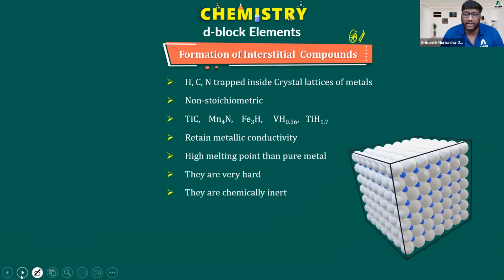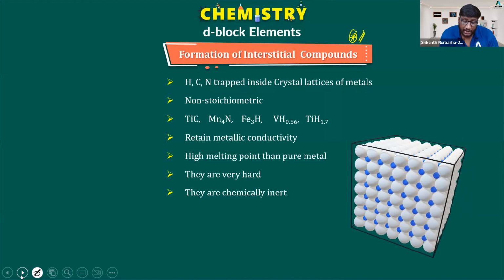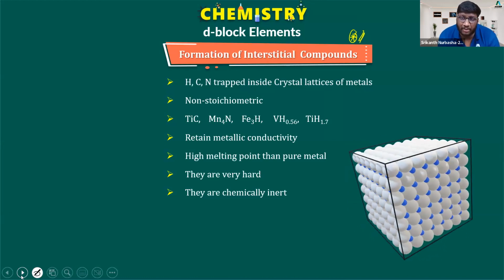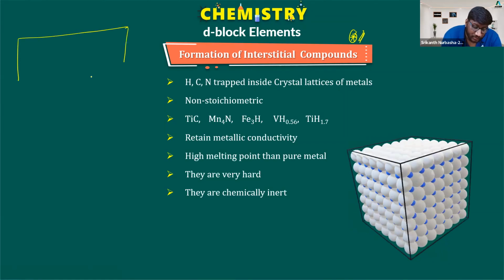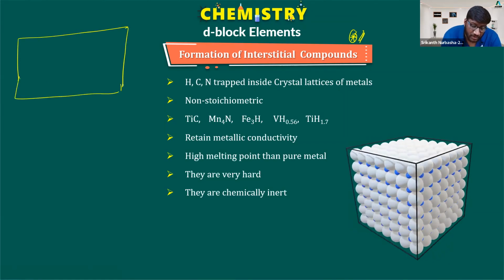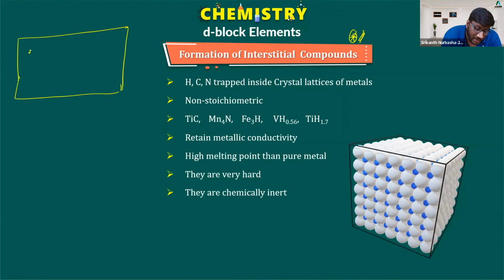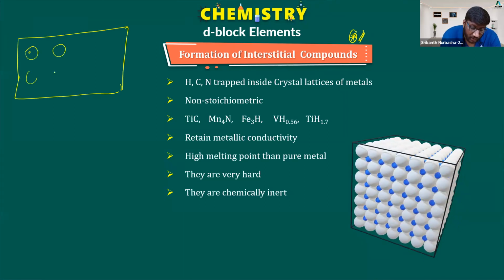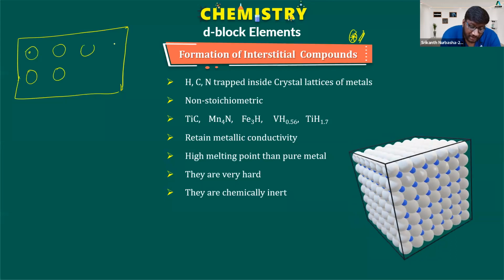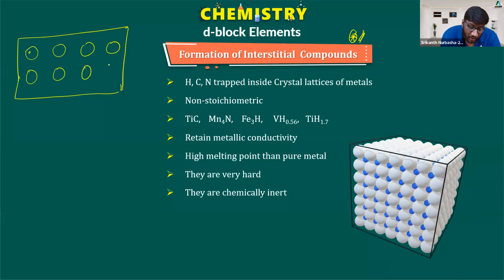If you might have studied solid states, as I have explained to you in metallic bonding, you have different crystal lattice sites. Yes or no? Consider any part of a solid. You have crystal lattice sites. Here you have some ion, here you have some more, here you have some other. Like that, at different crystal lattice sites, you have all the ions placed.